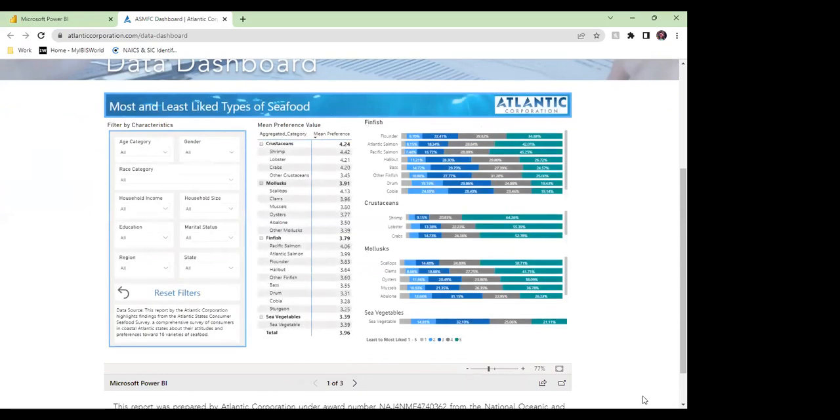Going back to the first page here, I know I called out some of these findings pretty quickly in my presentation earlier, but you can filter here to see species preferences. This shows least to most liked. It was on a scale of 1 to 5, showing the percentages of respondents. Again, you can hover over to see the specific number of people making up those percentages. And then going through,